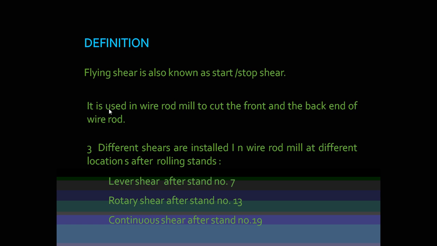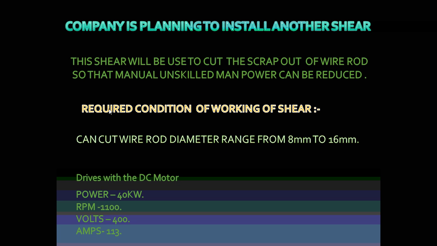Three different shears are installed in a wire rod mill at different locations after the rolling stands. The lever shear is placed first at stand number 7, the rotary shear second at stand number 13, and the continuous shear after stand number 19. The company is planning to install another shear, which will be located after stand number 29. It will be used to cut the scrap out of the wire rod so that manual unskilled manpower can be reduced. The required working condition of the shear is that it will be driven by a DC motor, power will be 40 kilowatt,